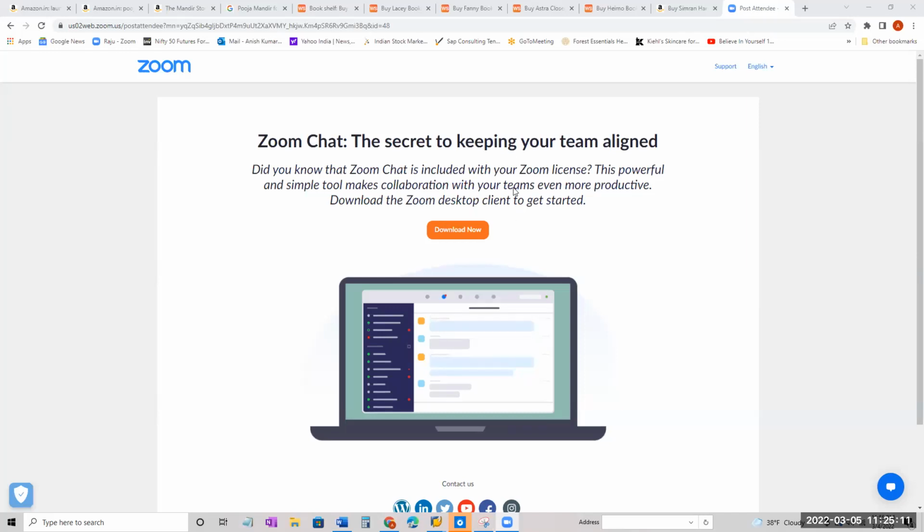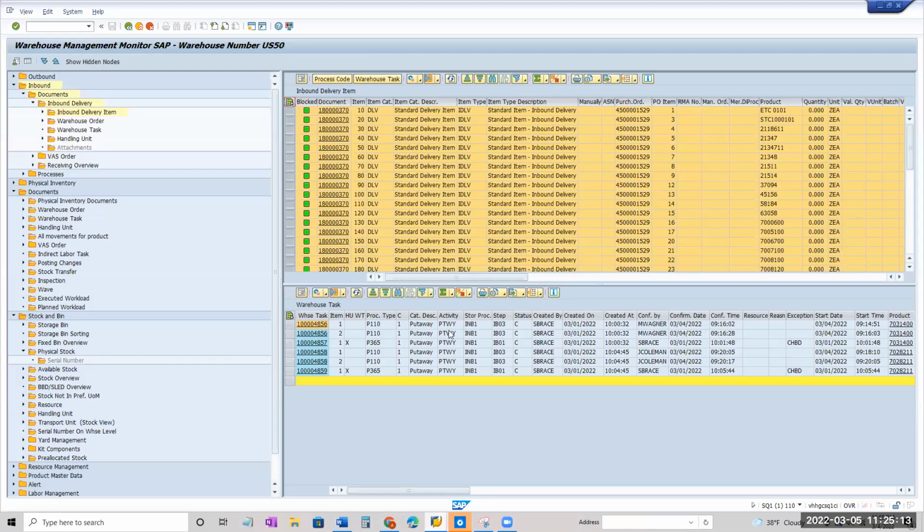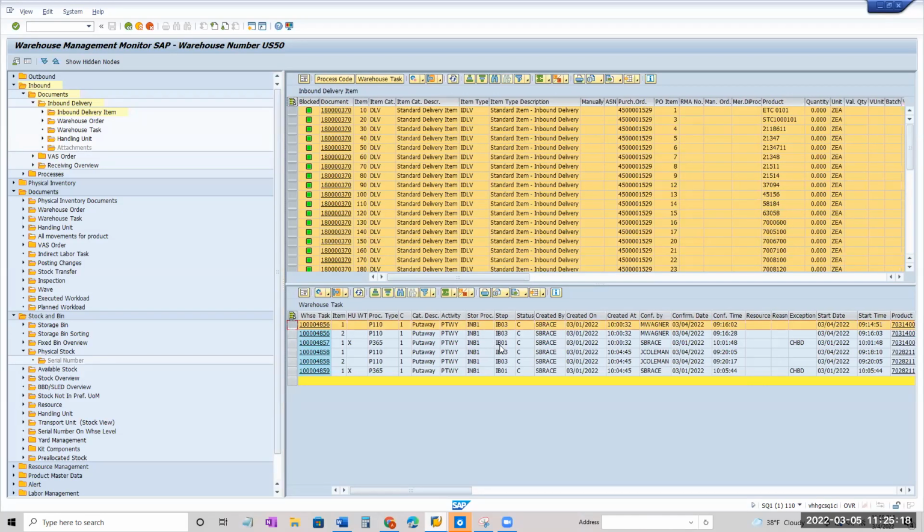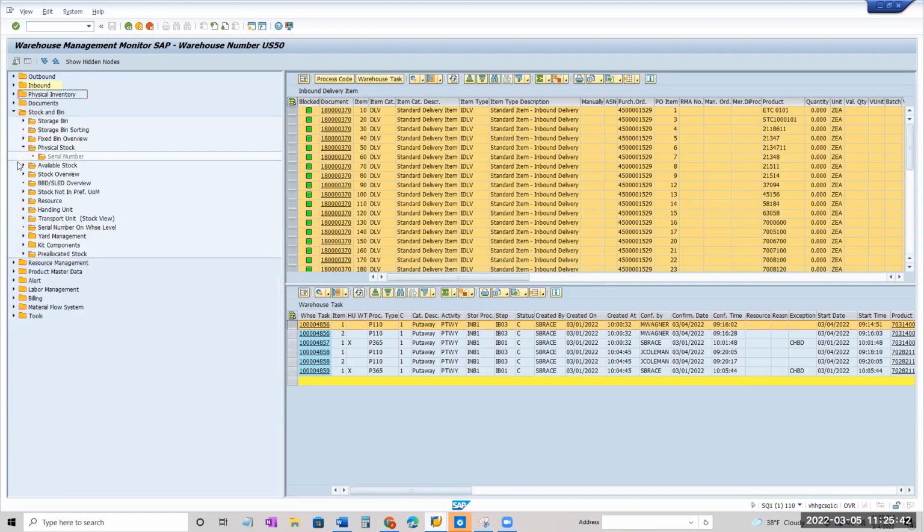You can see my screen, right? So here you can see this is OB01, OB03, but I do OB02. It's the inbound, right? You're talking about. Okay, yeah, it's inbound. So why is it not proposing IB02? If it is not proposing IB02, go to SPRO. I will show you that. No, I will show you some other document. Just a second.